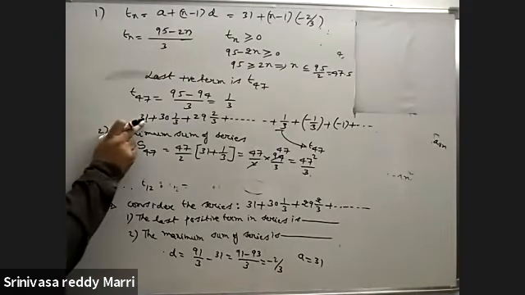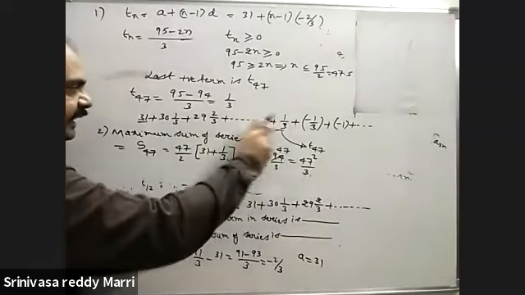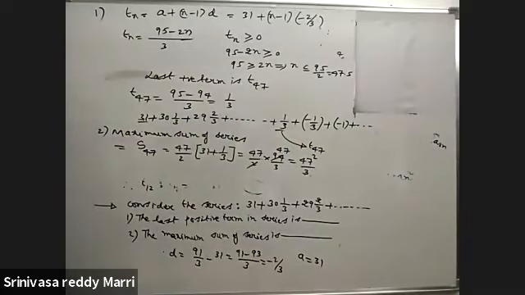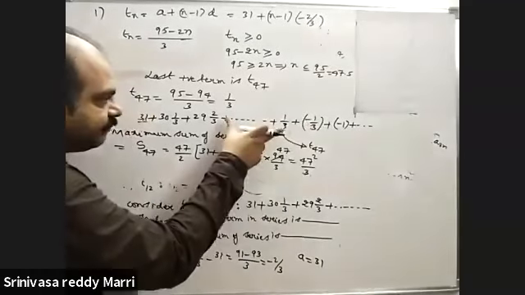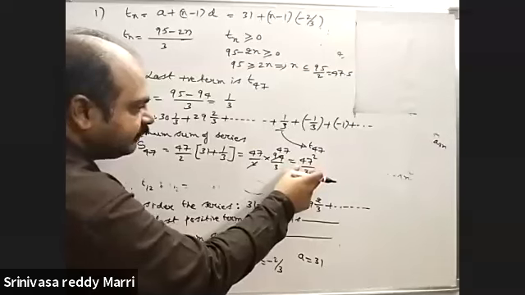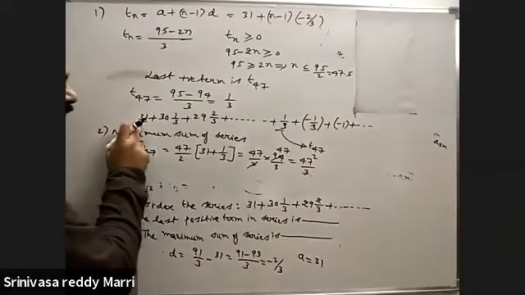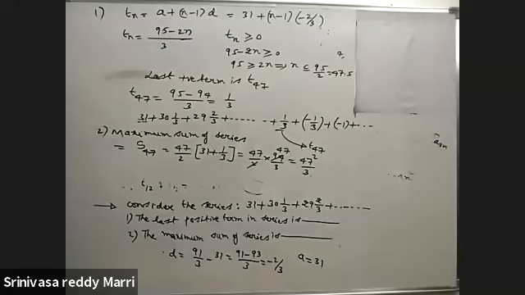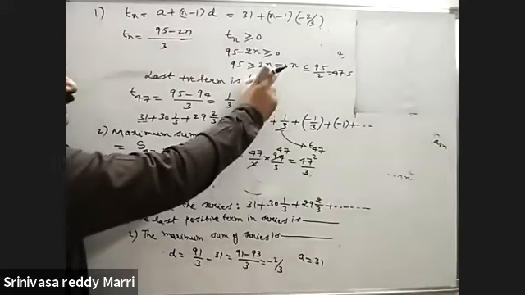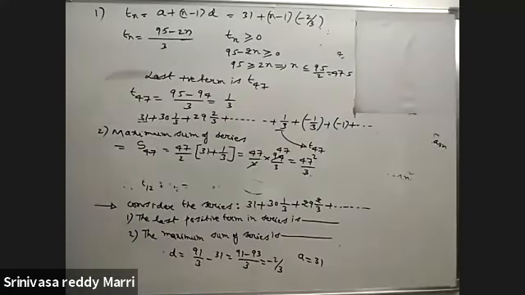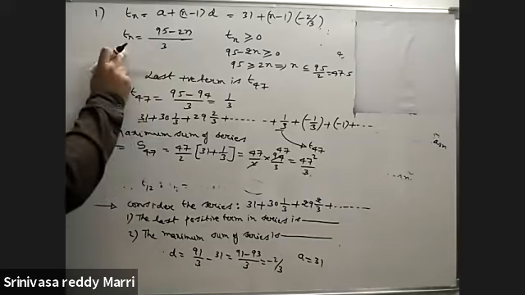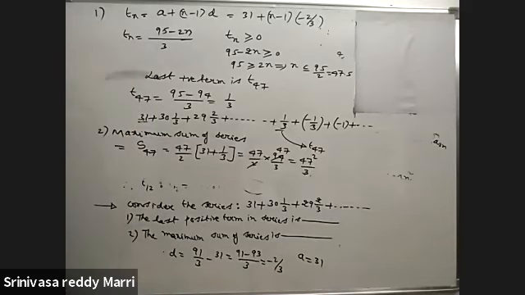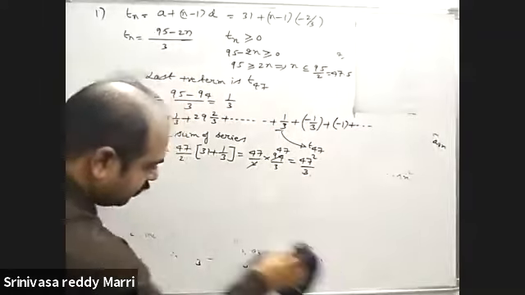Understood? Maximum means that from here to here, if you take and add, then the sum will be maximum. From here to here, if you take the sum, this sum plus a negative quantity will be lesser than this. That's why if you take the first 47 terms and add, the sum will be maximum. For calculating the maximum sum, you need to calculate the last positive term. Instead of asking the first question, you will ask the second question directly. That means first you need to find the last positive term. From here to here, if we add, the sum will be maximum. Like that, this model.